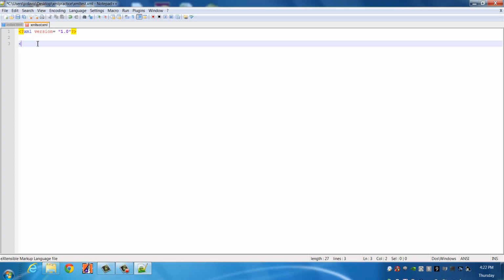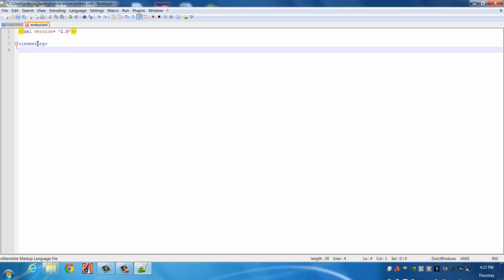Much like in HTML, you start your process out with opening something up. So we're going to start with inventory. This is just a little inventory for a bike shop. Okay, it's a bike shop. They also sell skateboards. Okay, so the first thing that we're going to do is we're going to add in